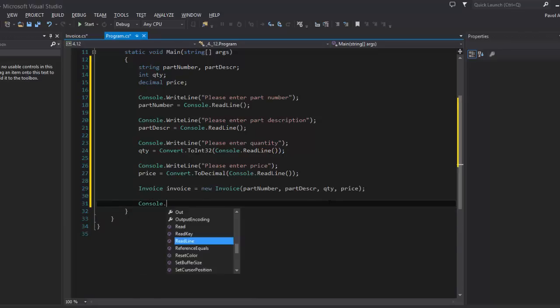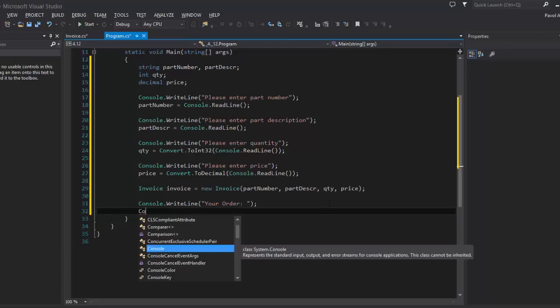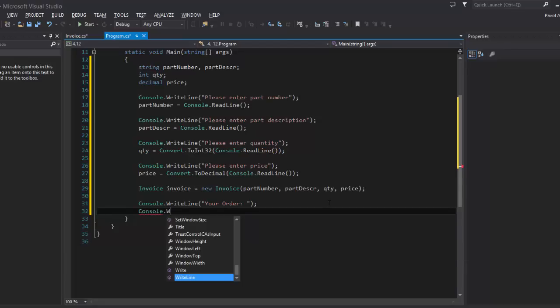So console dot write line, your order, and we will output the details of our order. And so we will output the part number first, so that will be console dot write line again, part number, and a placeholder for our part number, and we will pass